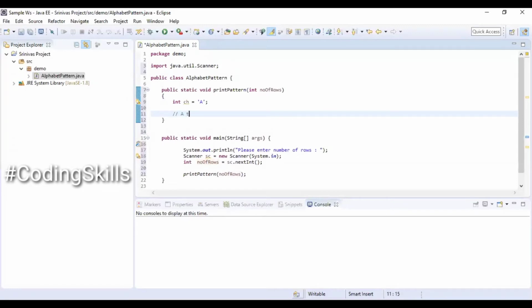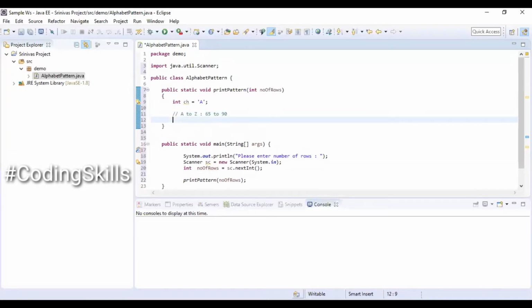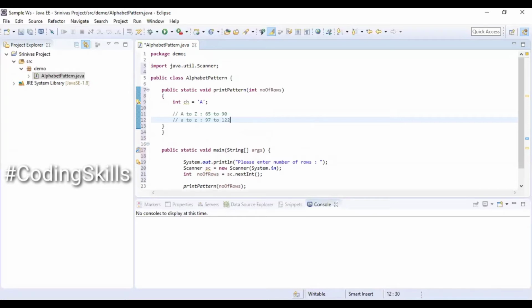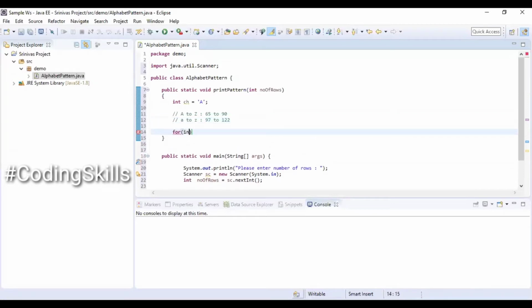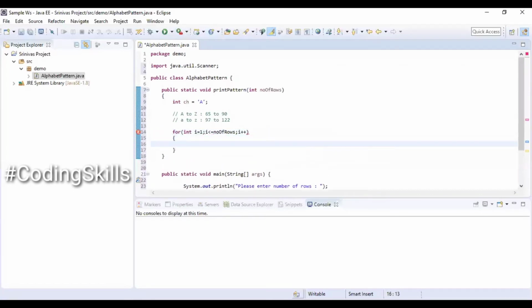So ASCII value range for capital A to capital Z are 65 to 90, and for small a to small z are 97 to 122. So I'm starting with a for loop int i equal to 1, i less than or equal to number of rows which is input value, and i plus plus which is outer for loop.